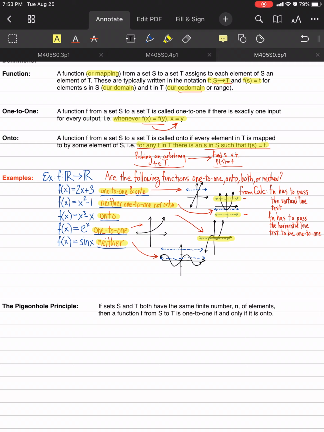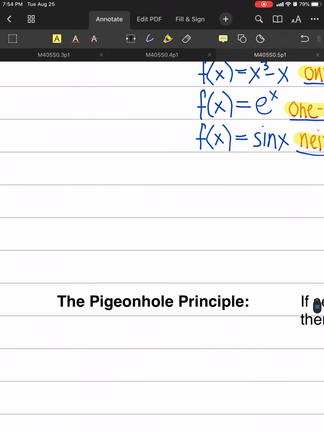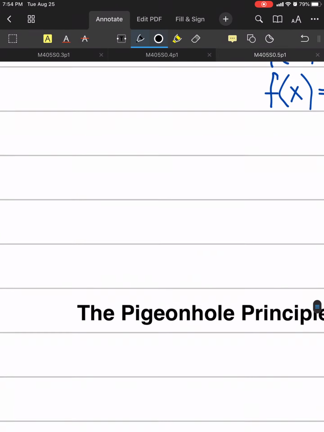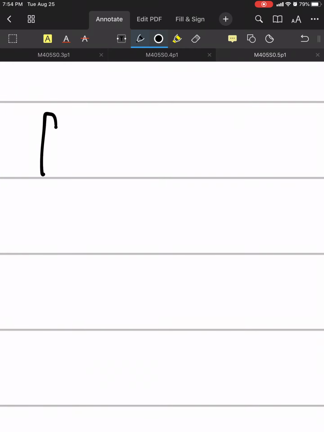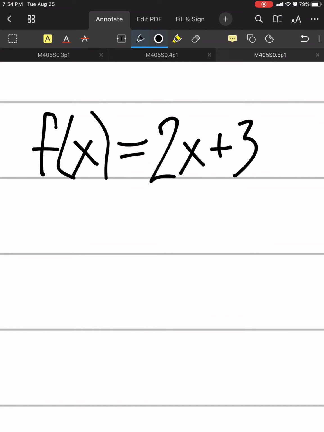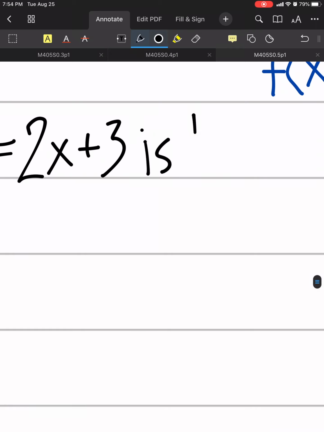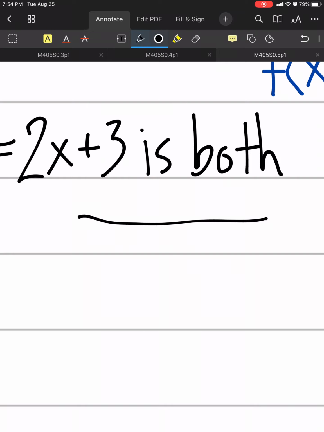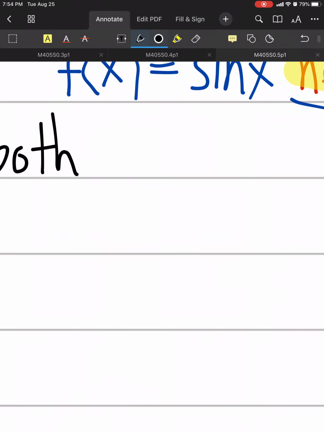So what I would like us to do here real quick is to prove that that first function, f of x equals 2x plus 3, from the real numbers to the real numbers, is both one-to-one and onto. I'm going to, in fact, write it out here. F of x equals 2x plus 3 is both one-to-one